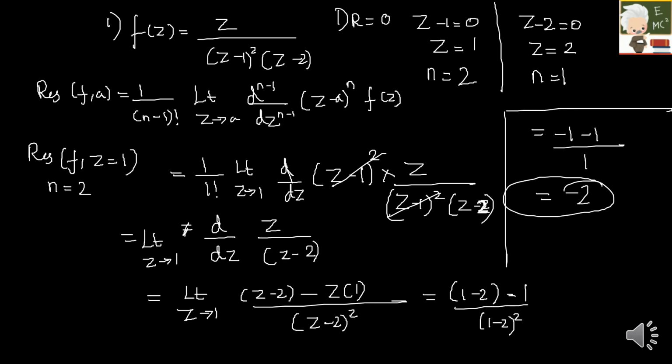Here we are just finding the residues. When it comes to contour integration, you will see how to find the final residues. This is just an initial step. So we have found it for the pole of order n is equal to 2. Let us do it for n is equal to 1. Let me erase a few things on the screen.